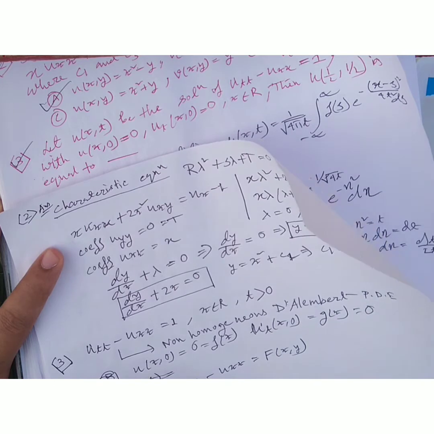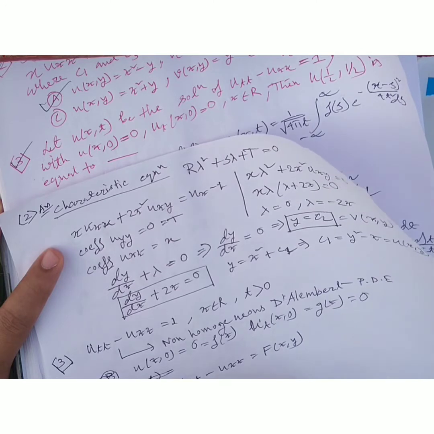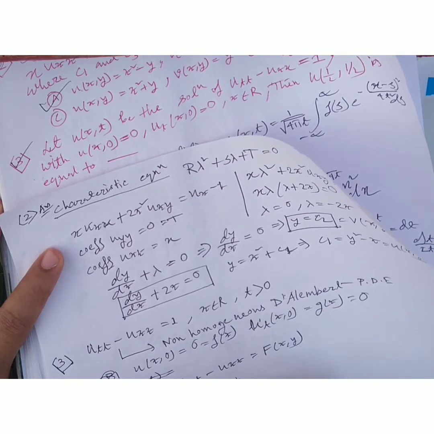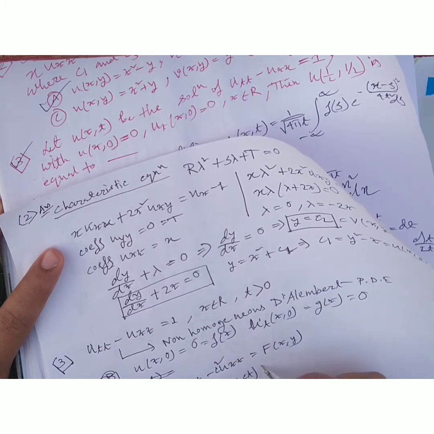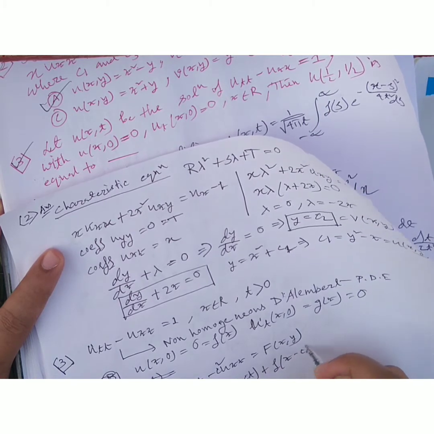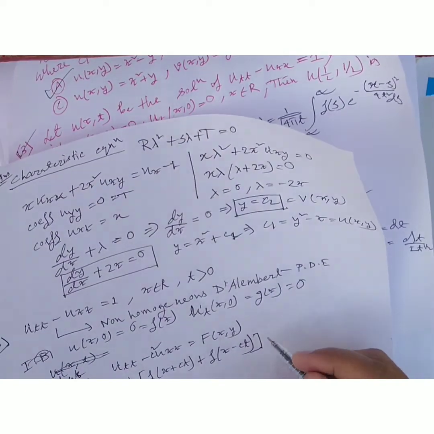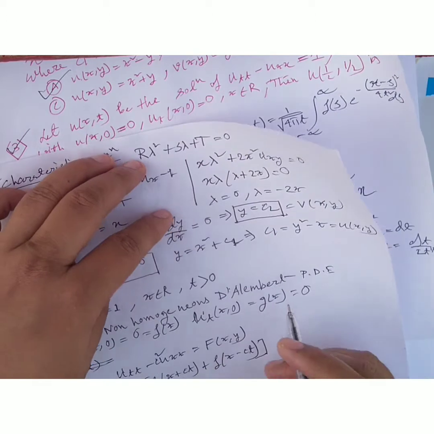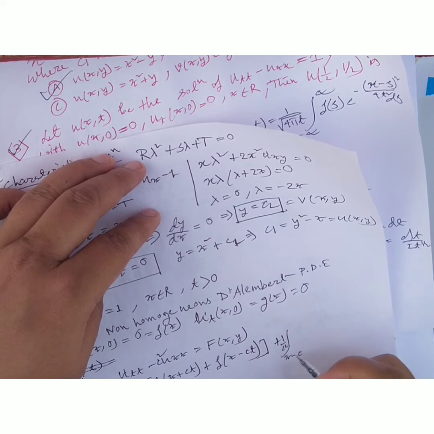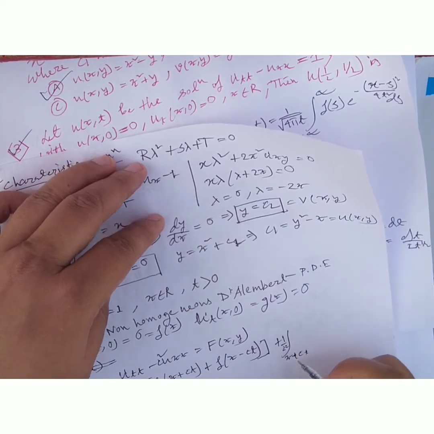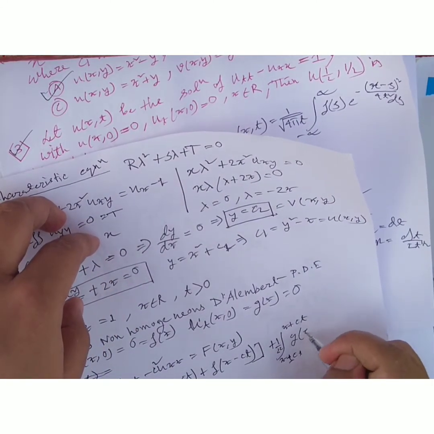It can be solved as u(x,t) equals half of f(x+ct) plus f(x-ct), plus 1 by 2c times the integral from x-ct to x+ct of g(zeta) d zeta,